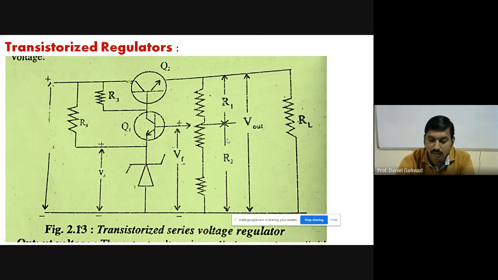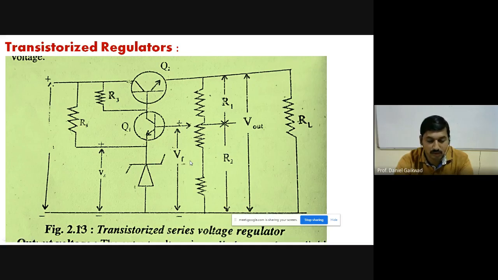Okay, so this is the circuit, and one more thing: we have taken the feedback from R1 R2. The feedback is given to the base of Q1. Feedback means a portion of the output is obtained here, and from the output we have given the feedback to the transistor Q1. Based on that feedback we have the working of this circuit, and the feedback voltage is VF. So check the diagram carefully, try to draw it, and accordingly now we have the important part of the working.